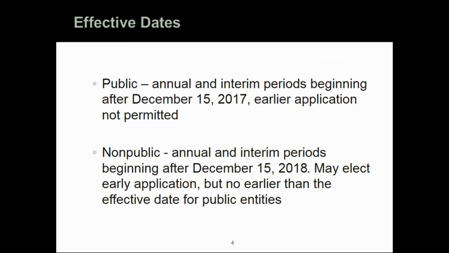So when are you going to have to implement this standard? For public companies, it's for periods beginning after December 15th, 2017, which is fiscal 2018. So for periods that are beginning just a couple weeks from now. And as you'll see in a moment, some of that may apply to actual fiscal year 2017 or 16. Non-public companies get another year. So non-public companies will adopt for years beginning after December 15th, 2018. So that's calendar year 2019. Although, again, the application may involve restating some 2018 activity.